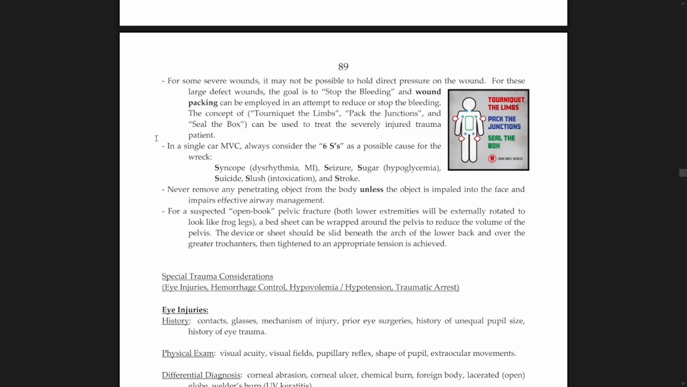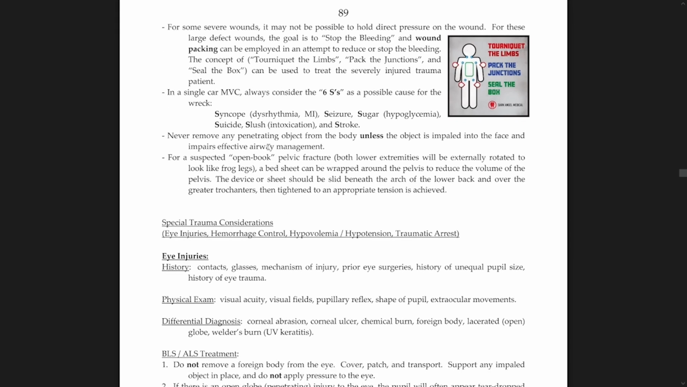injured trauma patients. In a single MVC or motor vehicle collision, always consider the 6 S's as a possible cause for the wreck. Syncope, which could be caused by a dysrhythmia or an MI, which is a myocardial infarction, a seizure, sugar, which is hypoglycemia, suicide, slush, which is intoxication, and stroke. Never remove any penetrating objects from the body unless the object is impaled into the face and impairs effective airway